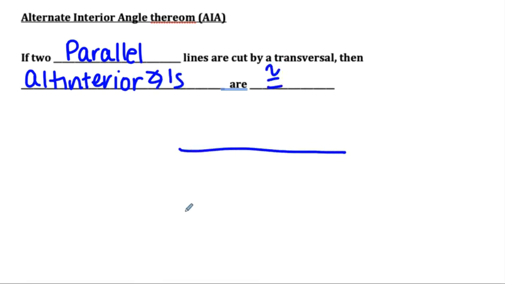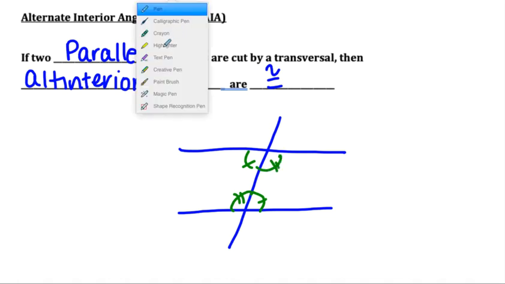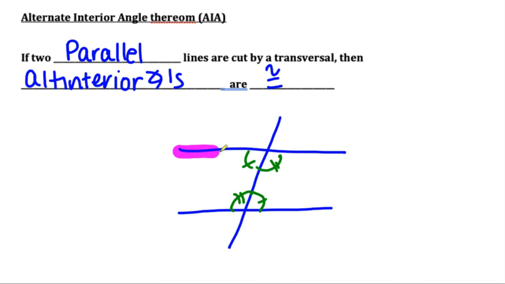Okay, again, let me show you those alternate interior angles. Here and here, and here and here. Now, one thing to note when they're parallel, it's actually kind of nice to see. Alternate interior angles will form a Z, the top of which is the top of the Z and the bottom of which, these have to be the parallel lines. So the top and the bottom of the Z have to be parallel, and it's the insides of those Z's